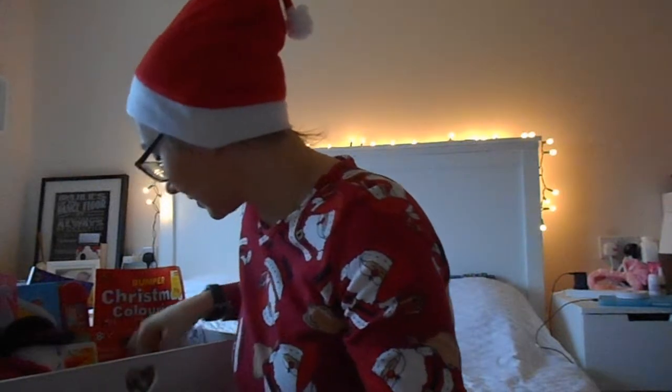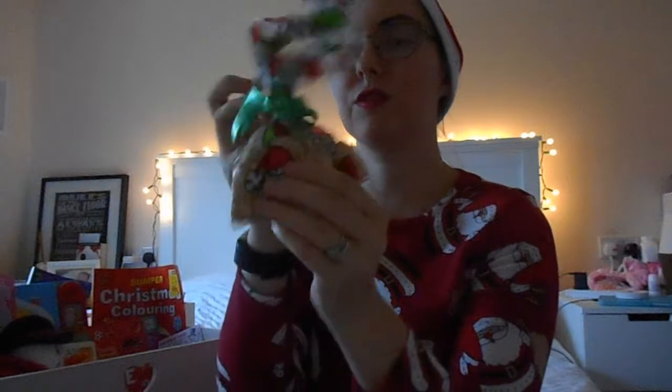And then next is this bag of reindeer food. This is in there from last year. I can't remember where we got this from. I didn't make it and I didn't buy it. I think it was probably part of a Christmas thing that we went to. But again, we were so busy last year that we didn't get to do it, so I'm making sure we do it this year. So we have that,